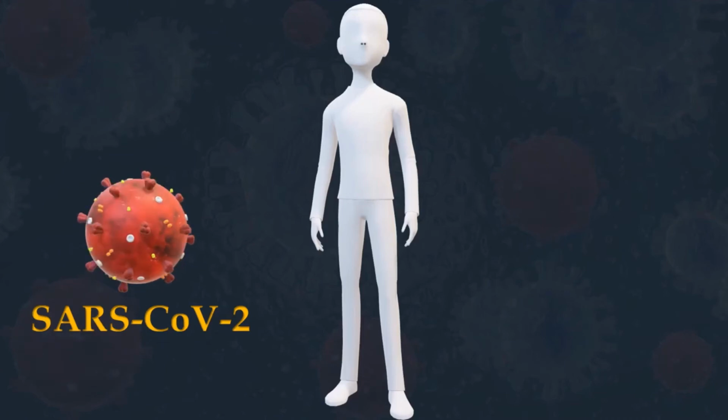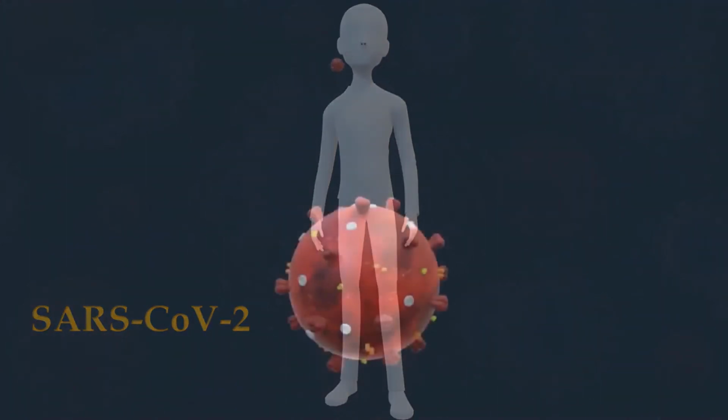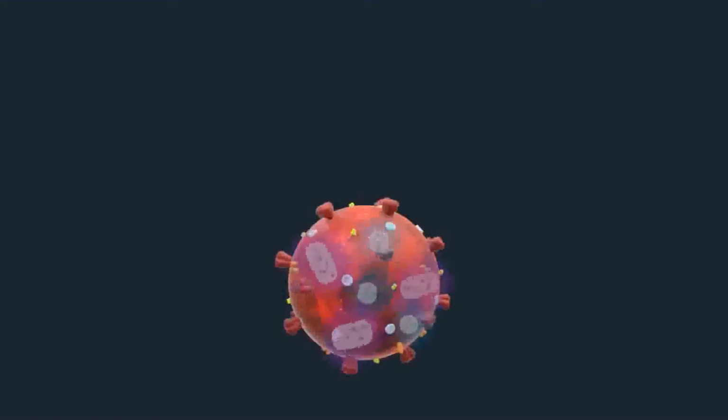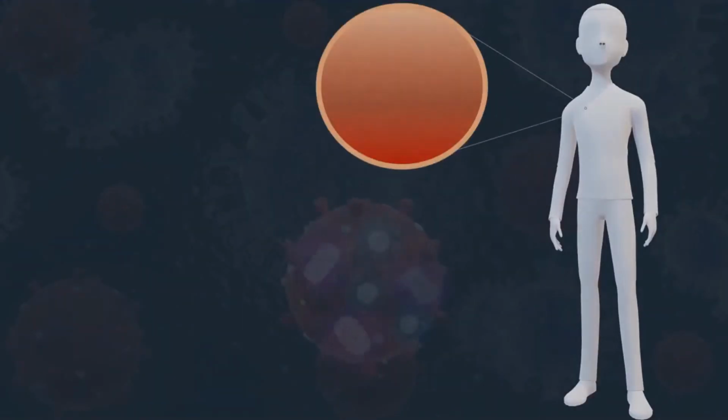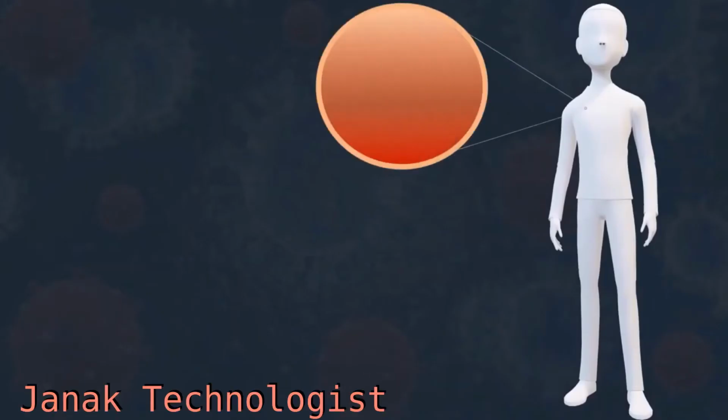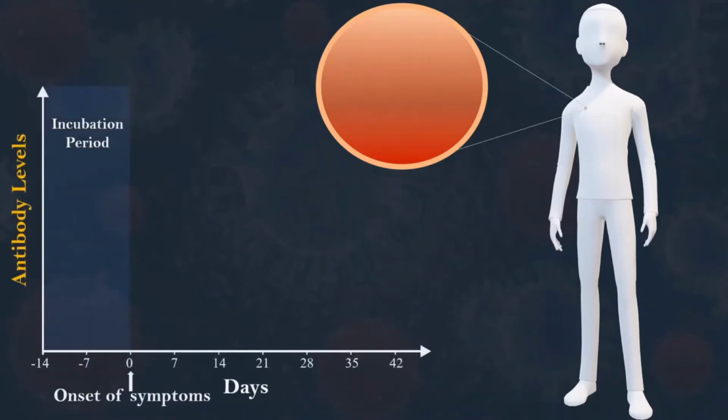SARS-CoV-2 is an emerging virus responsible for the respiratory illness coronavirus disease 2019. When a person is exposed to a new virus, and after an incubation period, the immune system creates proteins called antibodies, as part of the body's natural response to fight the infection and to neutralize the pathogen. Antibodies can come in different varieties known as isotypes or classes.